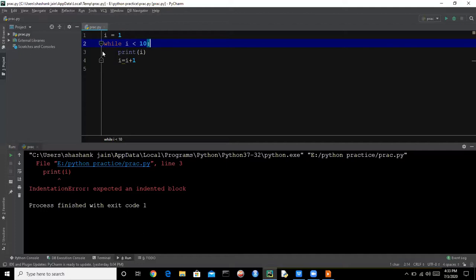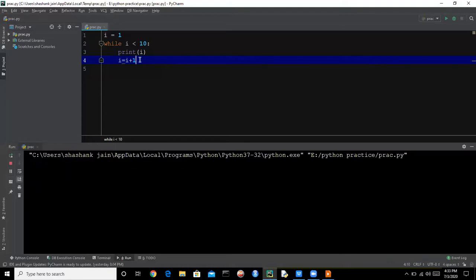So we need to give the same space for every line. Here we start the line with a tab, then the next line will also start with a tab. So this is a block of the while loop.